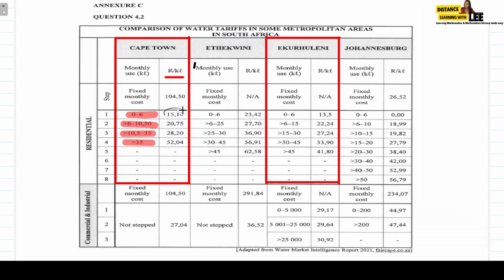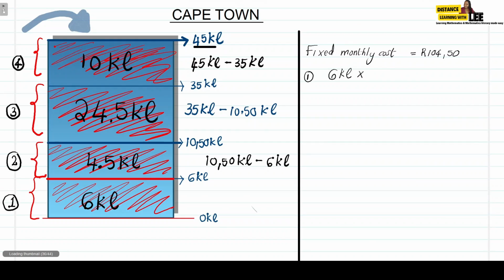And we see that in the first interval, per kiloliter, for 1 kiloliter that he uses, he needs to pay 15 Rand and 10 cents. So in this case, because he used 6 kiloliters in this interval, he needs to pay 6 times the 15.10. Okay, so 6 times 15.10, and when you punch it into your calculator, you'll find that he pays 90 Rand and 60